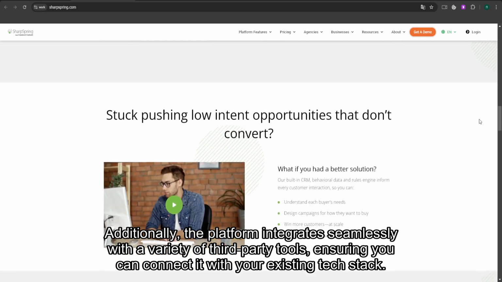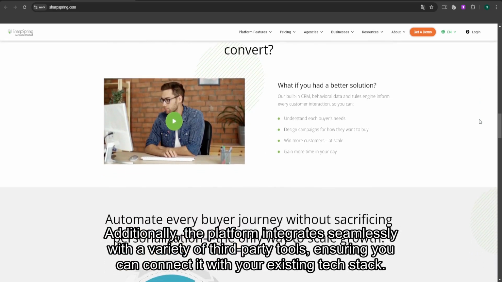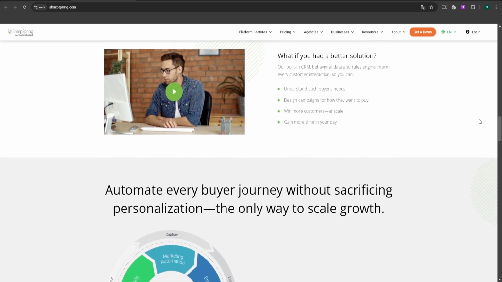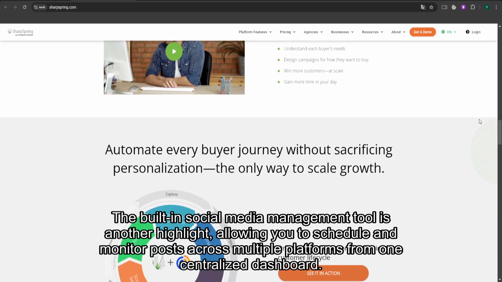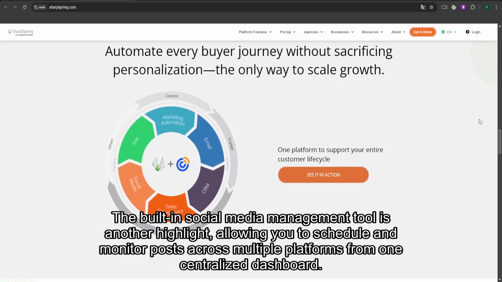Additionally, the platform integrates seamlessly with a variety of third-party tools, ensuring you can connect it with your existing tech stack. The built-in social media management tool is another highlight, allowing you to schedule and monitor posts across multiple platforms